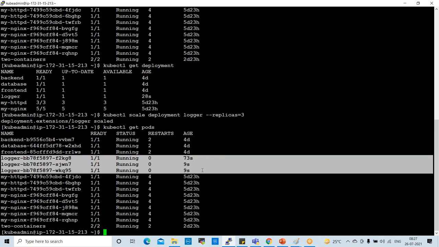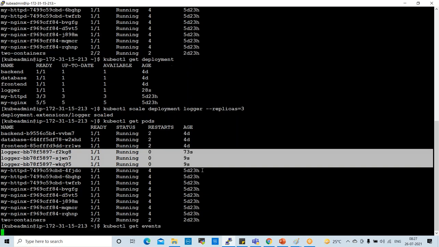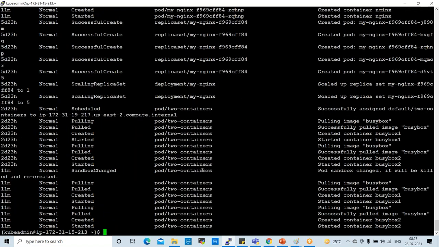Now, if you want to check any events, use kubectl get events. Events means logs, right? If you type events, directly it will show you all the events currently running.